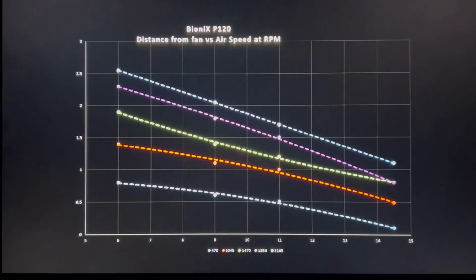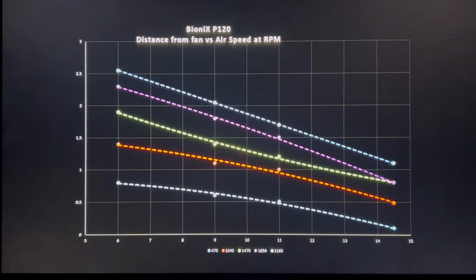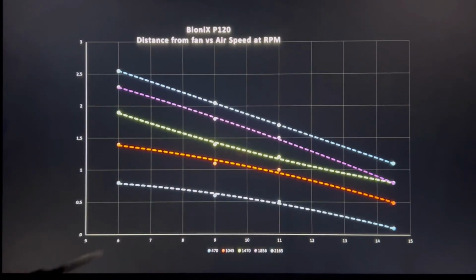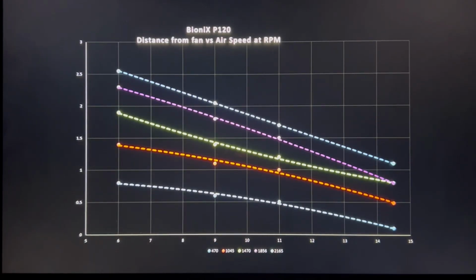Alright, first up is the case flow simulation test. This test is done in a box that simulates a basic case. It can fit up to a 180mm size fan, and it's taken at 6 inches, 9 inches, 11 inches, and 14 inches. This is representative of a very small, non-traditional form factor case, a small form factor type case that has a more traditional type layout,